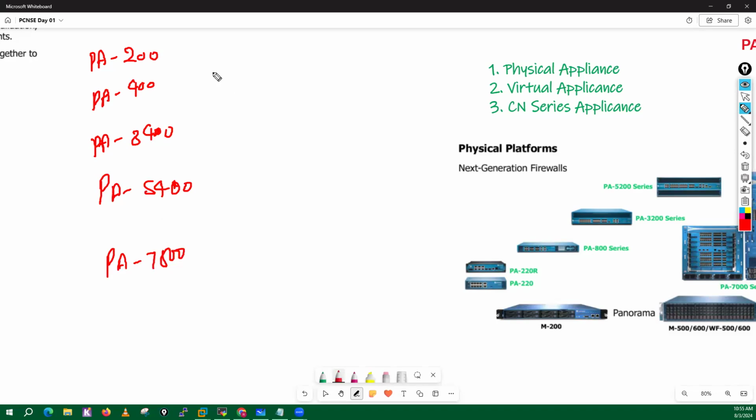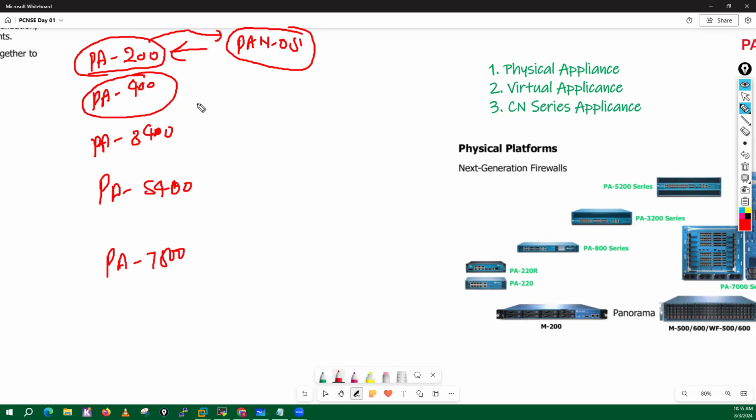Then remember guys, for PA200 we need to download the dedicated OS. It's not that the same operating system can run on 200, 400, 3400 or 5400. No, if you have a 200 series box, then you have to download the 200 series Palo Alto operating system. If you have a 400 box, then you have to download the 400 series PAN OS,